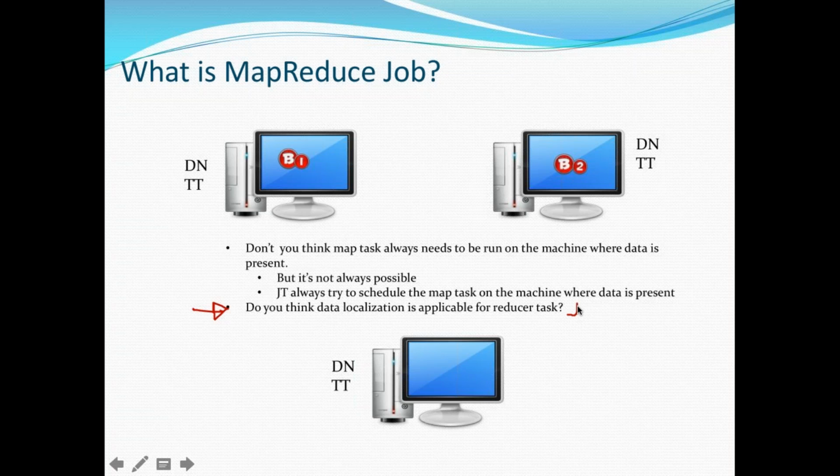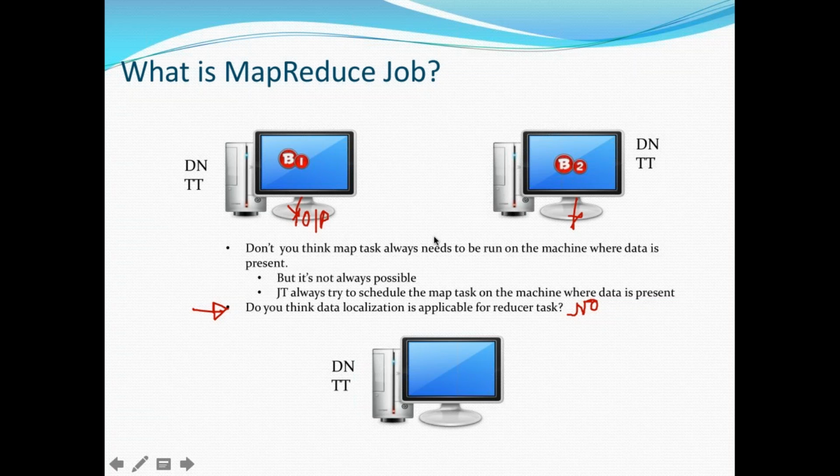Actually, I'm not sure whether the output generated is going to be saved somewhere or is going to be in memory, I mean the RAM. Which output are you talking about, the map task output or the reduce task output? The map task I understood. Data localization will be applicable, as the program will be running on the node where you have the block. But if you have observed the output of the map tasks, output 1 and output 2,